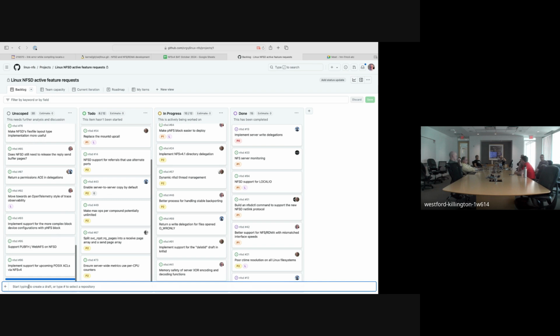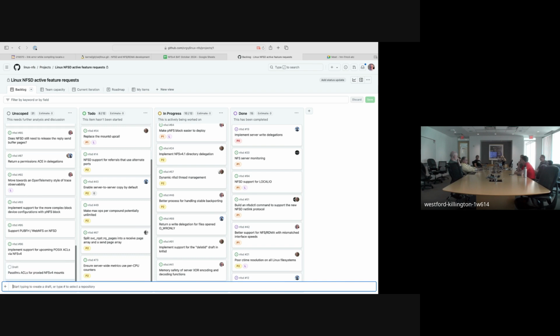Shoot. One is pass-through ACLs for NFSD for proxy. Currently, the NFSD interprets those ACLs, sort of maps them into POSIX ACLs, and then doesn't pass them to the file system, but just does the X out thing, which gets very, very confused. So we really should implement that. Okay, next. The other is the one that I talked about with you